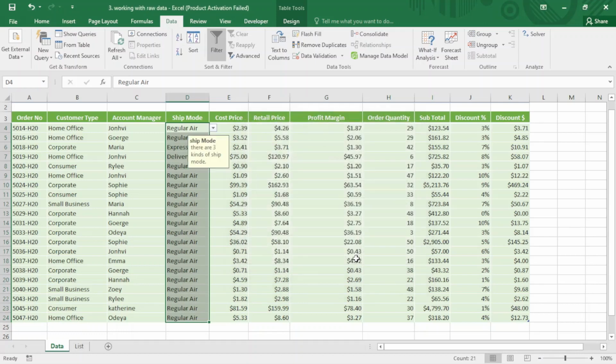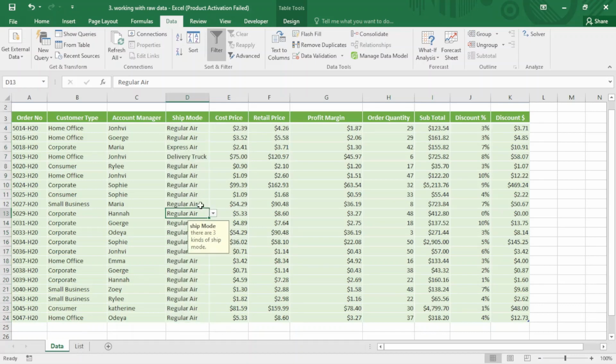And okay, you can see here when I click, there are 3 kinds of shape mode. So if someone brings changes, if they add another, so